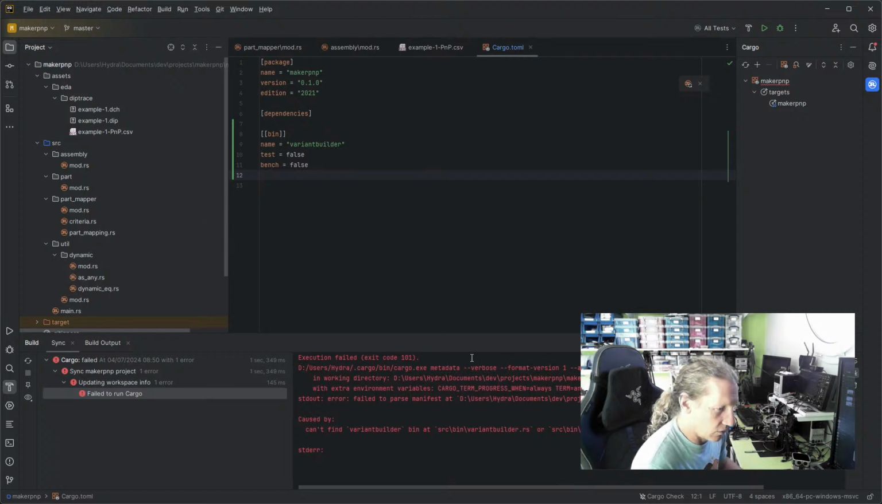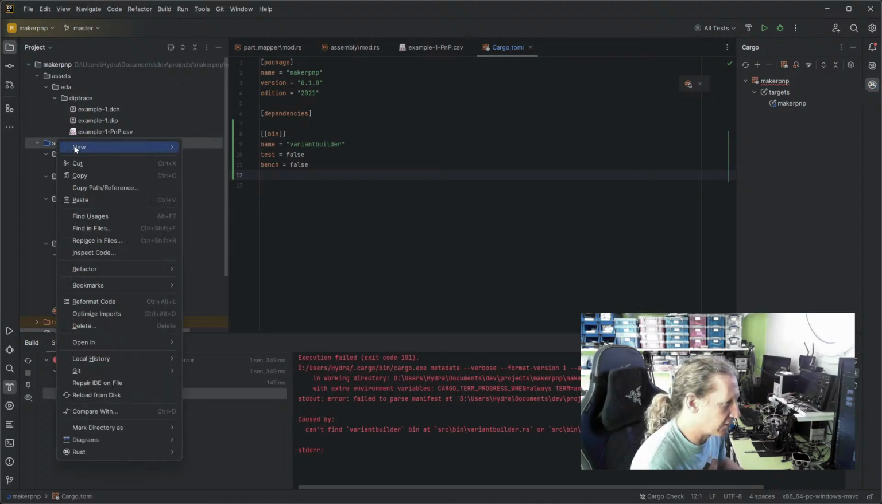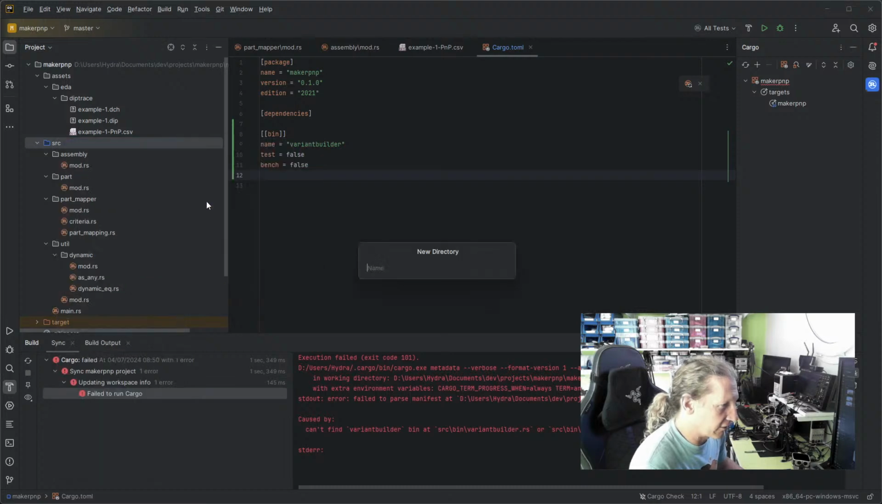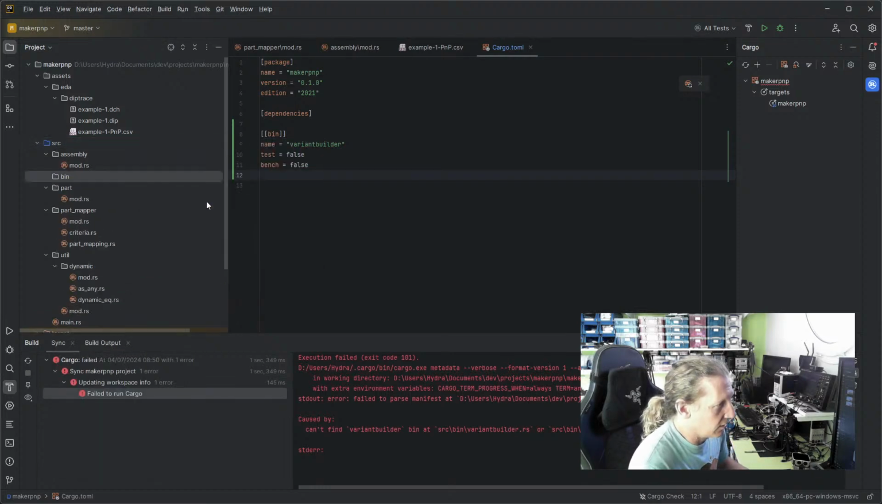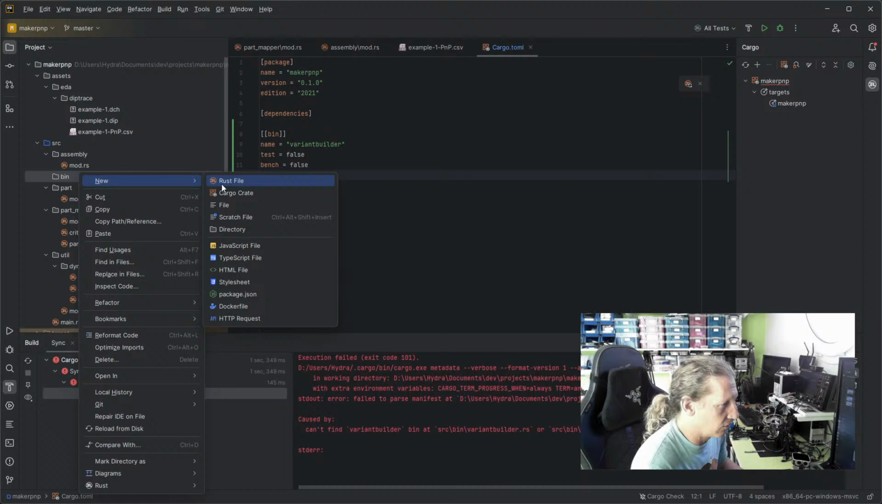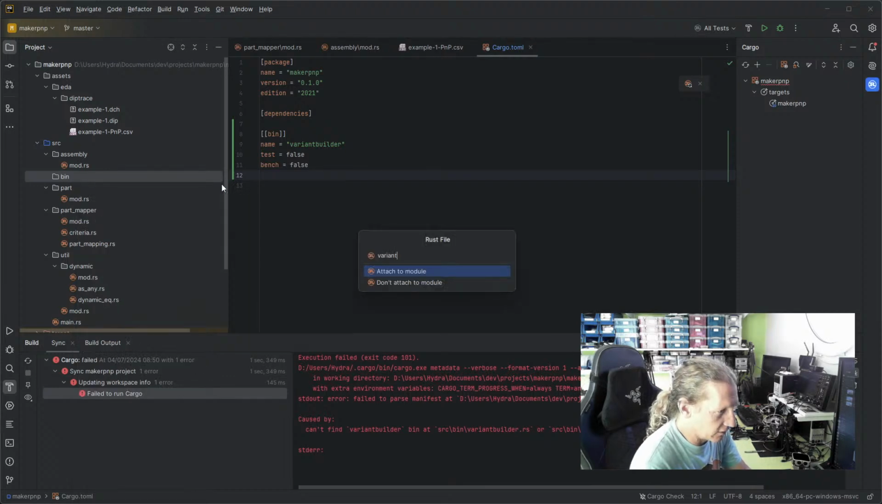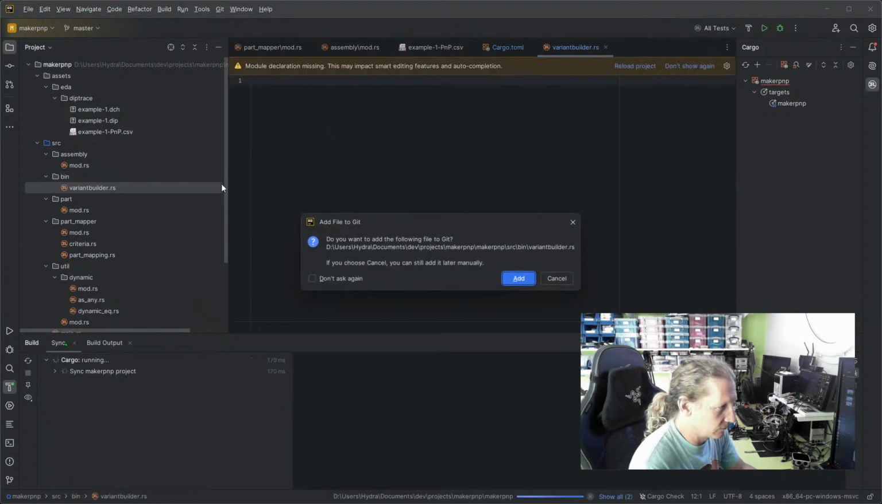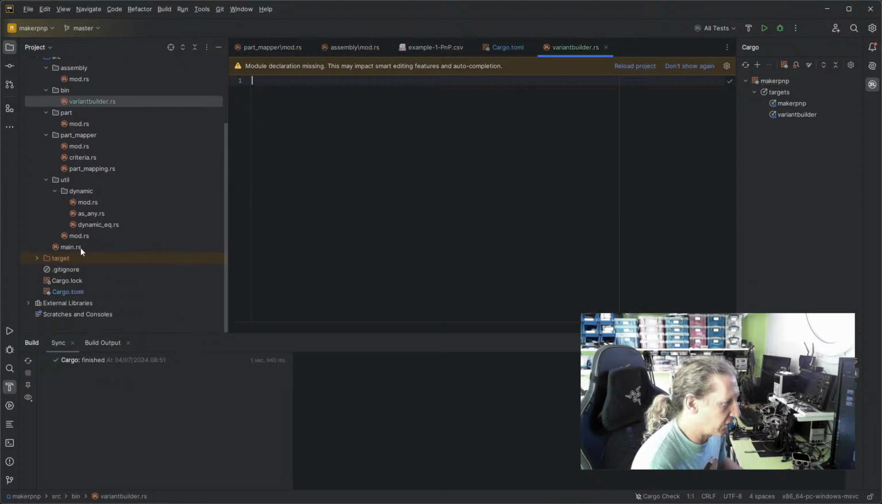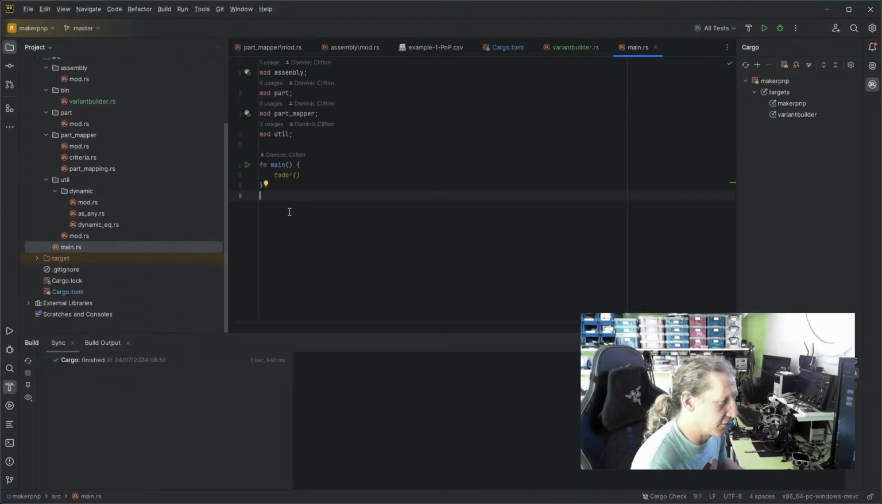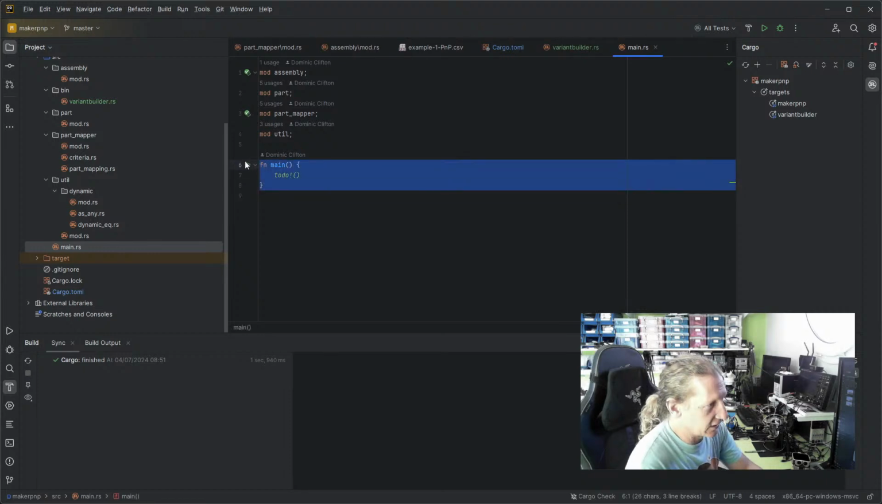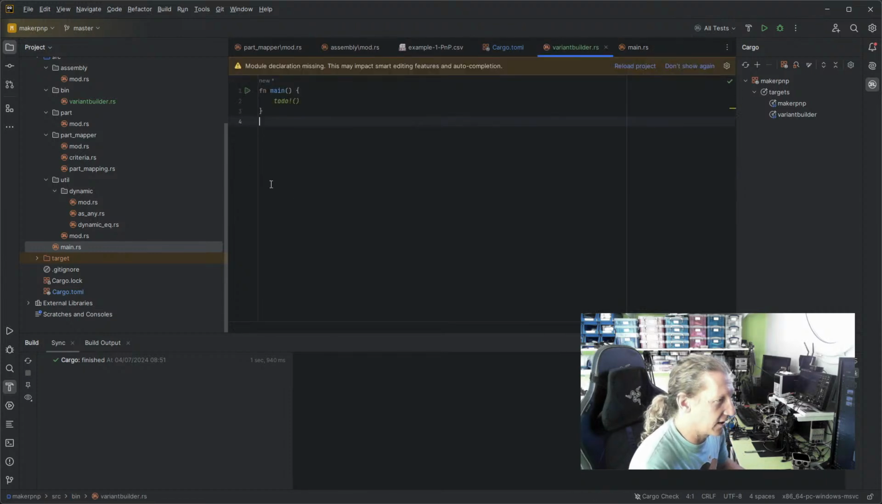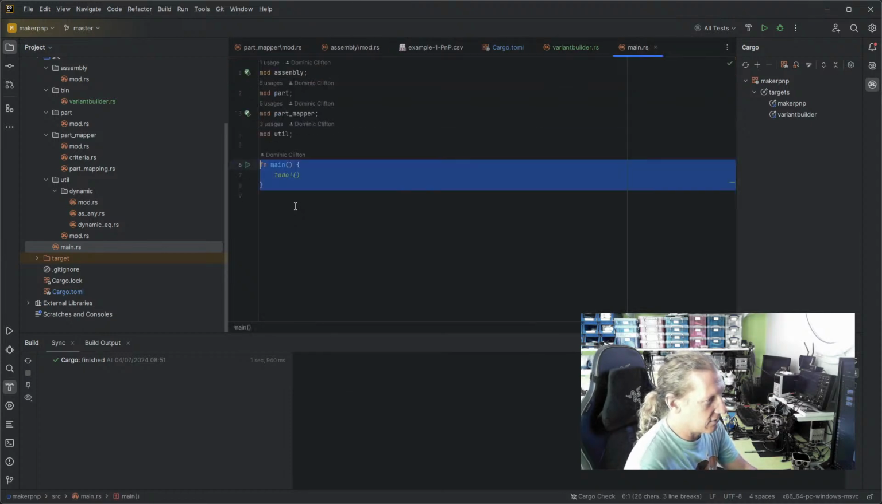So it's looking for it, source bin, whatever. So we go source, new directory, bin, new, variant builder, right? And we've got this main file just like floating around here. We're just going to steal this for now. Paste that in there. And we're going to turn our main crate